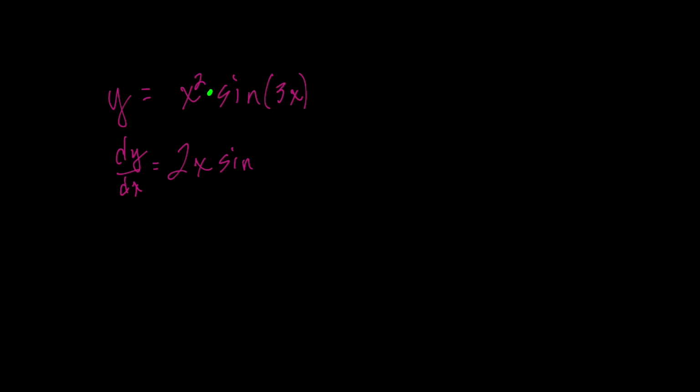So the second function is sine of 3x. Just going to write that down. Plus the derivative of the second function, so the derivative of the sine of 3x, is equal to the cosine of 3x times the derivative of this chain, 3, times the first function that I'm